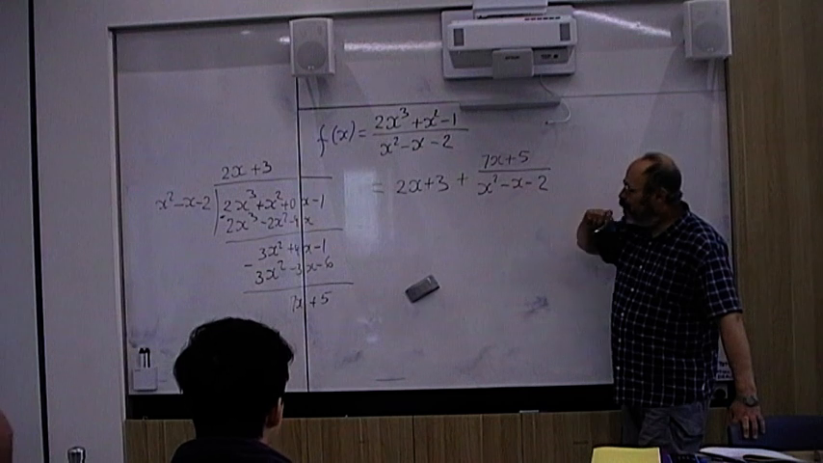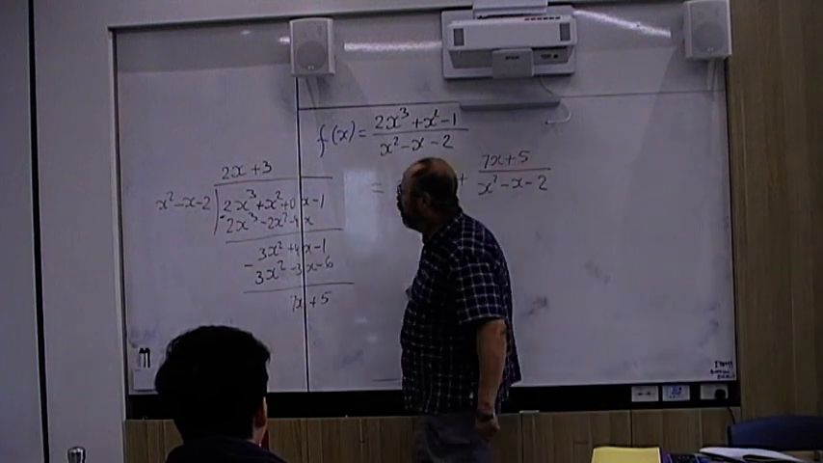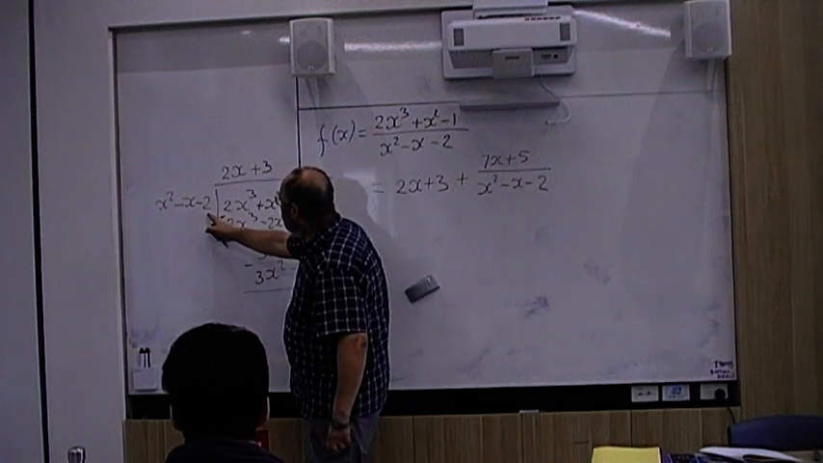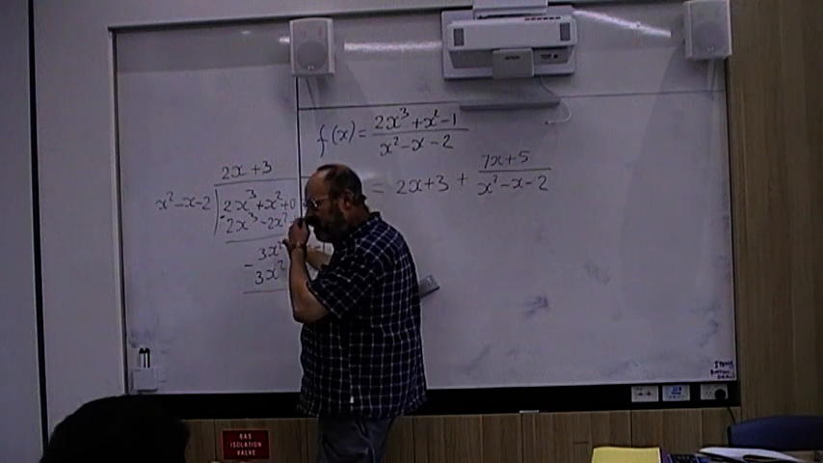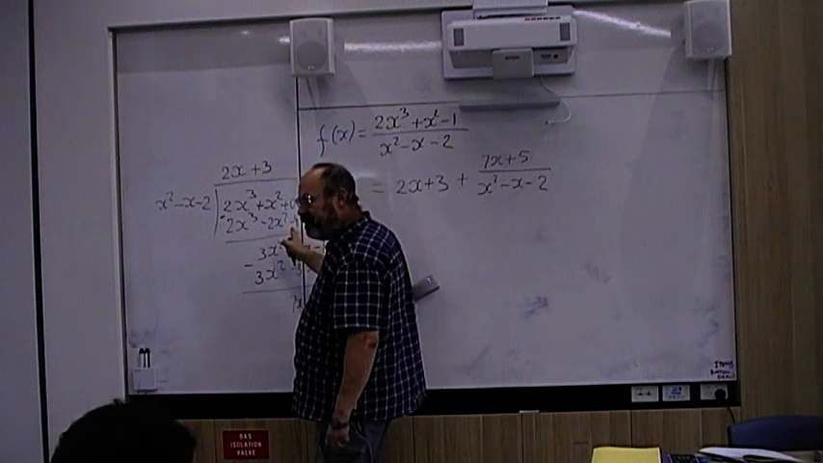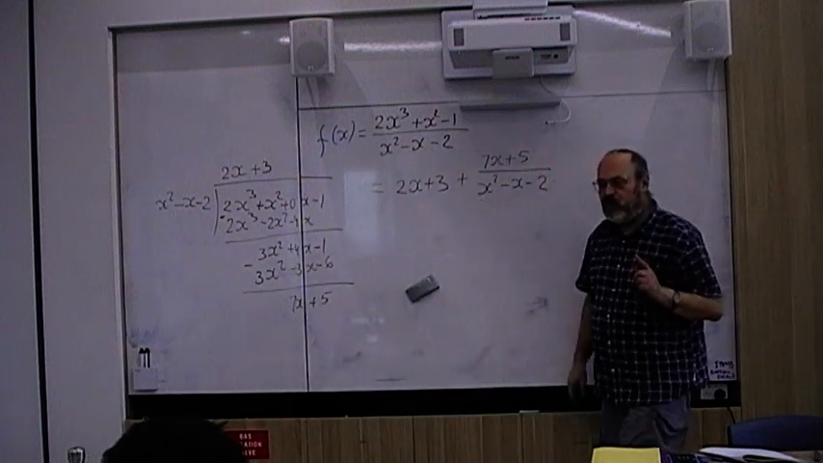Mr. B, where'd you get the minus 4x from? Multiplying minus 2 by 2x. Minus 2 multiplied by 2x will be minus 4x. Now, I didn't get it wrong. Here is a very